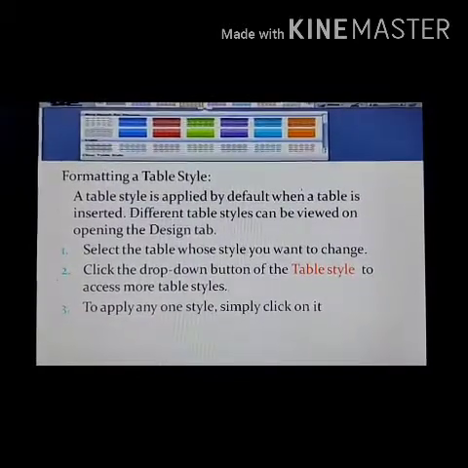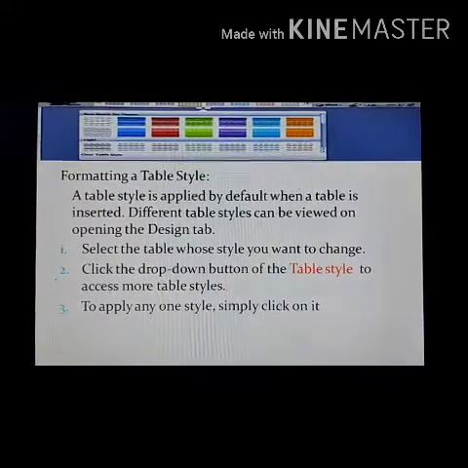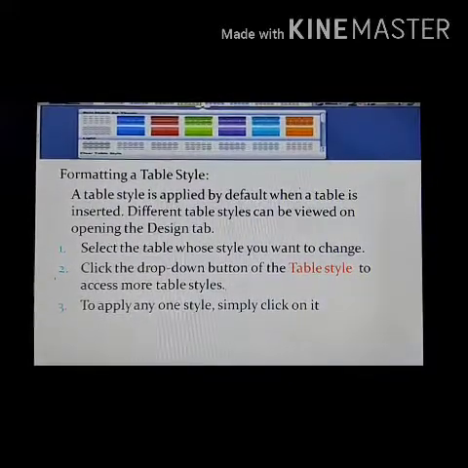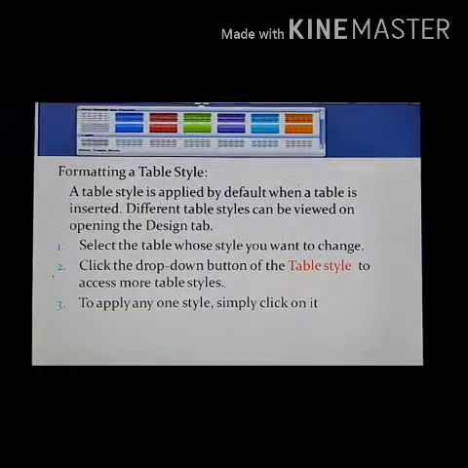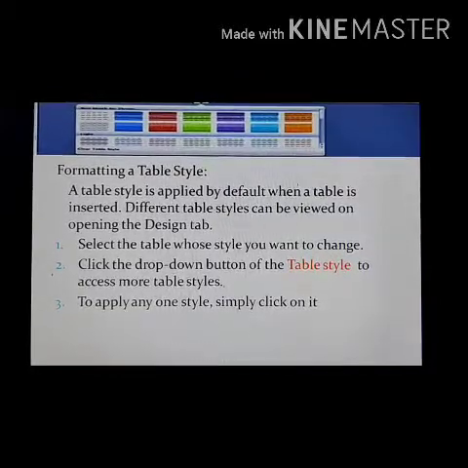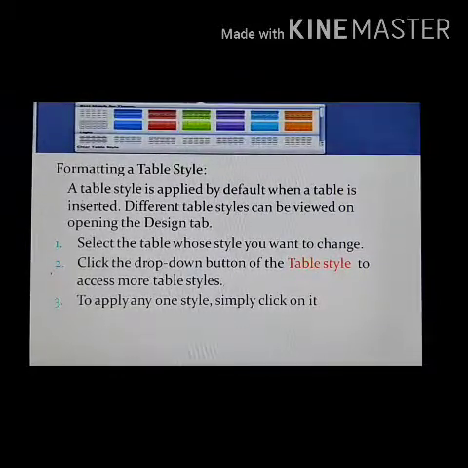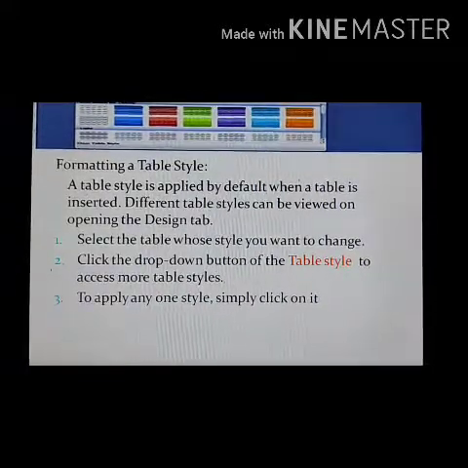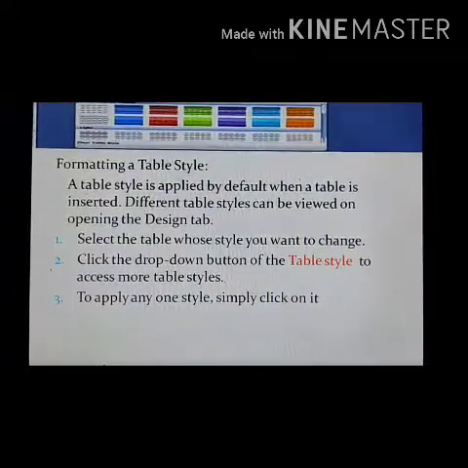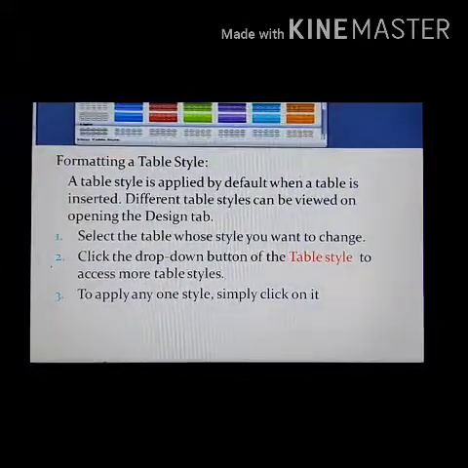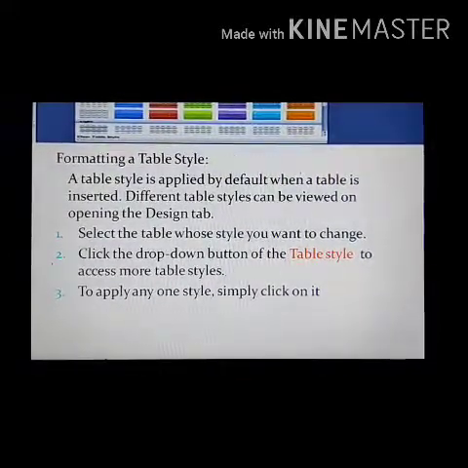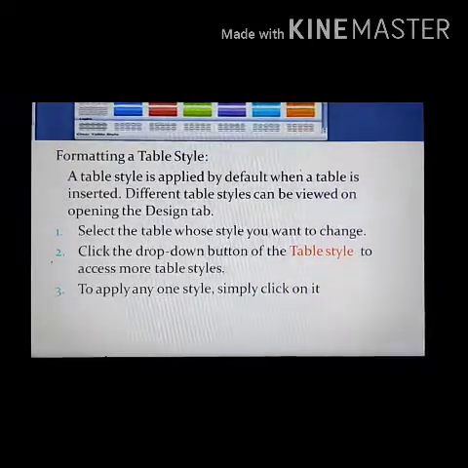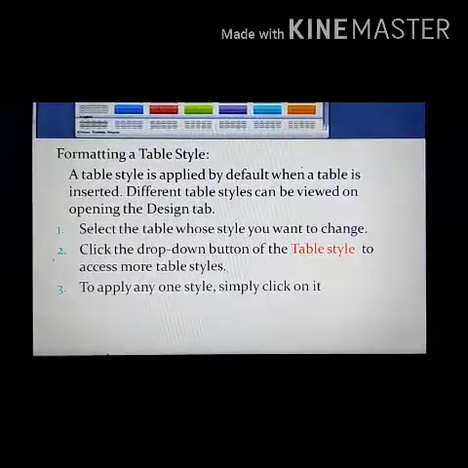These are the steps for formatting a table style. Whenever we insert a table, our table style is applied by default. Different table styles can be viewed on opening the design tab. Select a table whose style you want to change. Firstly, we have to select the table, then click on the drop down button of the table style.